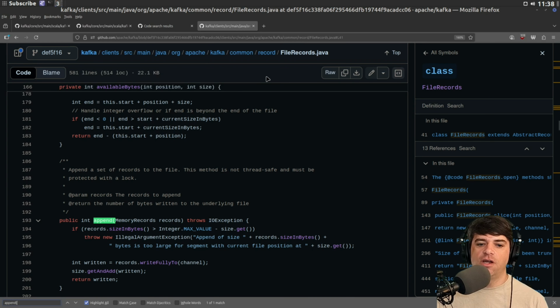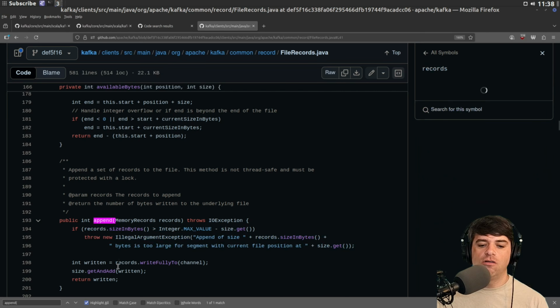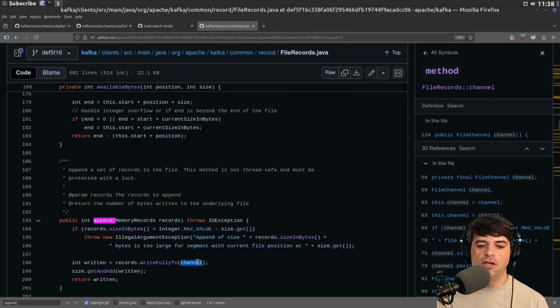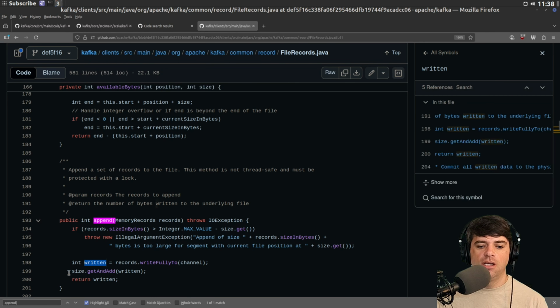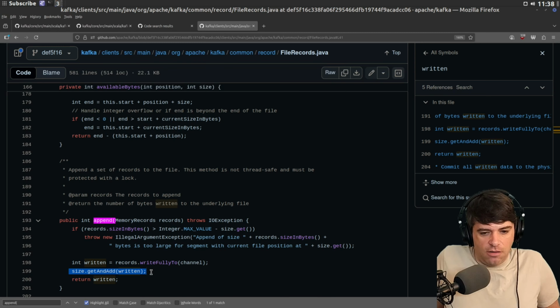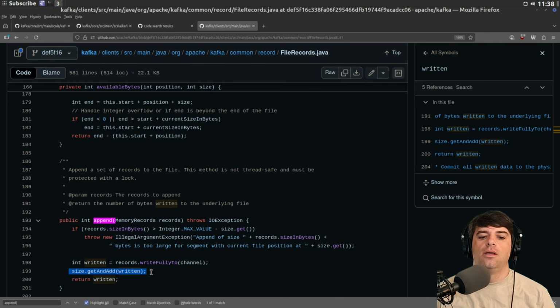So in file records, under append, again, we look at the size and bytes and do some error handling. And we're going to call records write fully to a channel. And I guess that is what's written. And then it'll say size, get, and add of written and return written. What is records?